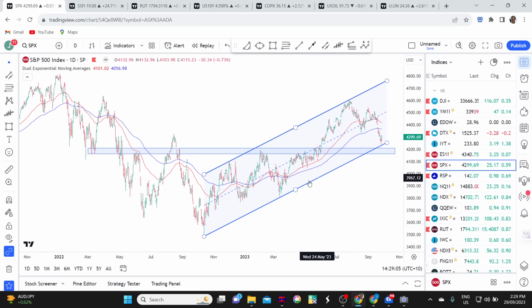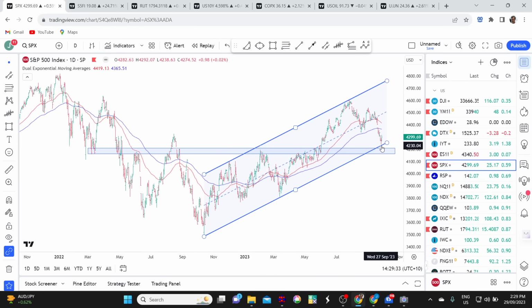Now, you may remember on the way up, 4,200 was a key barrier. It took the market several months to be able to break above it. It was a really strong overhead resistance point. And once resistance breaks, it then becomes support. So we're about to find out whether this is going to be as strong a support as it was resistance on the way up. And so this is going to be really interesting,